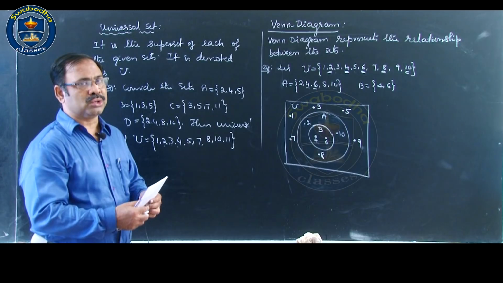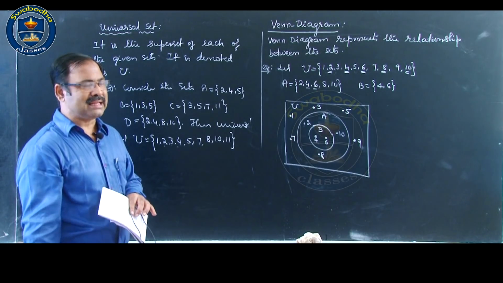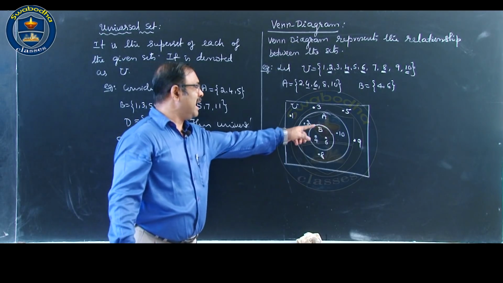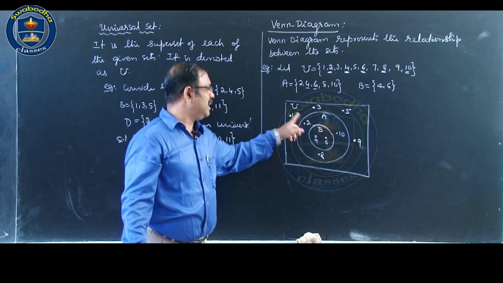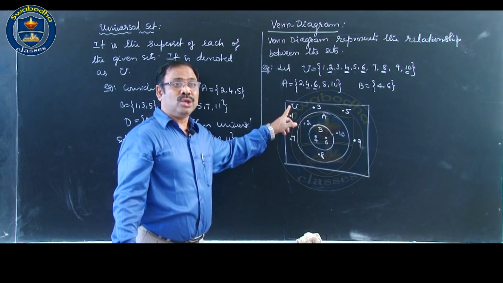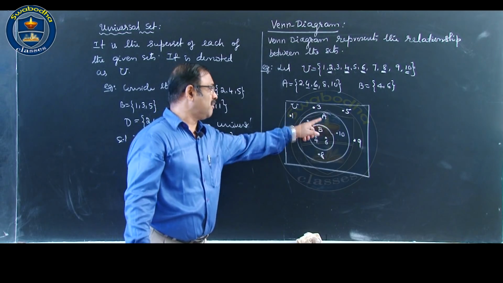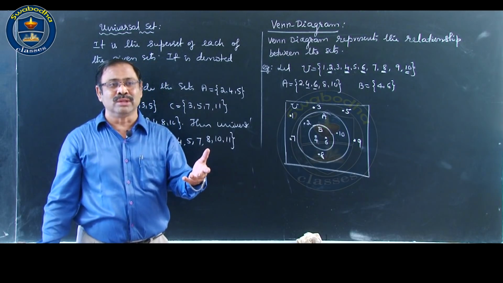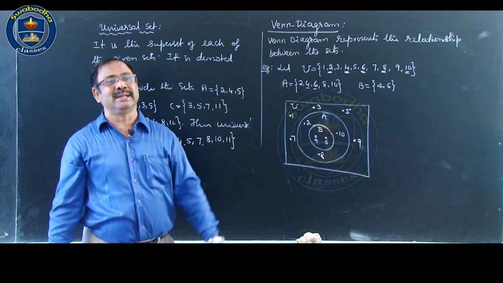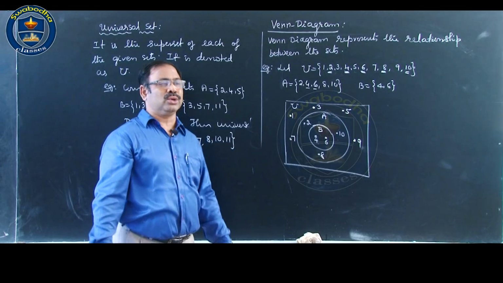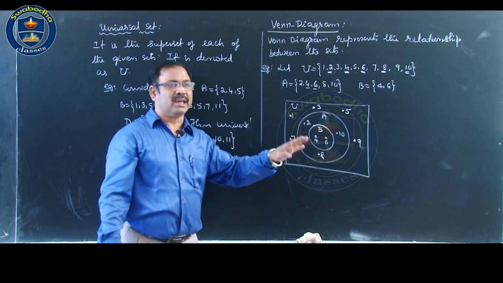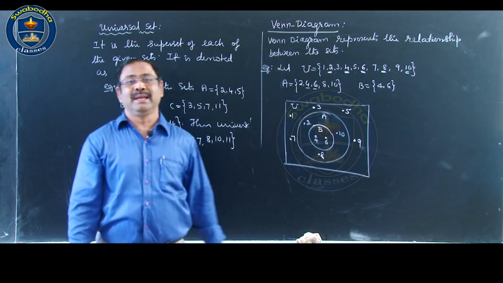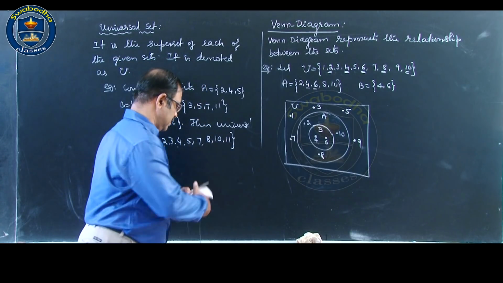I hope you have understood this. So what is universal set? Universal set is the superset of all. Nodi, A is a subset of U, B is a subset of U. Therefore, U itself is the superset of A and B. ಇಲ್ಲಿ ಎರಡು ಸೆಟ್ ಕೊಟ್ಟಿದ್ದಾರೆ. So in general ಹೇಳುವುದಿದ್ರೆ U is the superset of all given sets. Okay, it is the superset of all given sets. ಅಥವಾ ನಾವೇ ಅರ್ಥ ಮಾಡಿಕೊಳ್ಳೋದಂದ್ರೆ U is the biggest set possible.